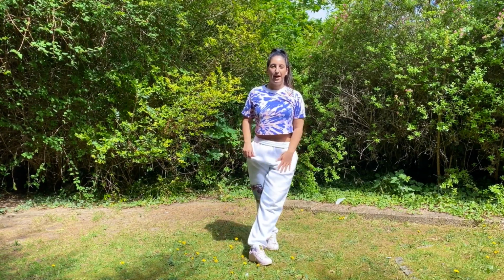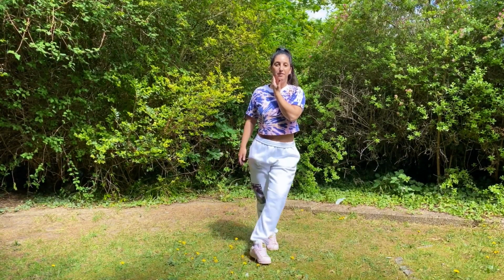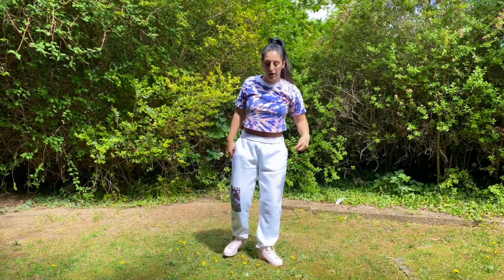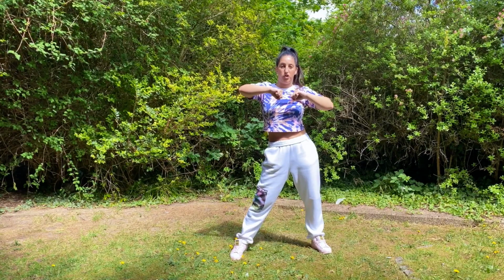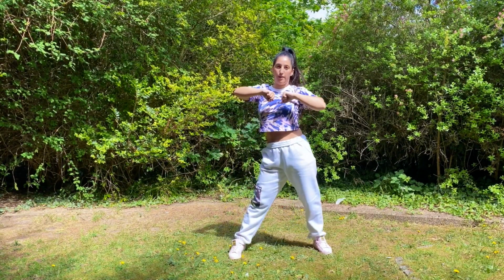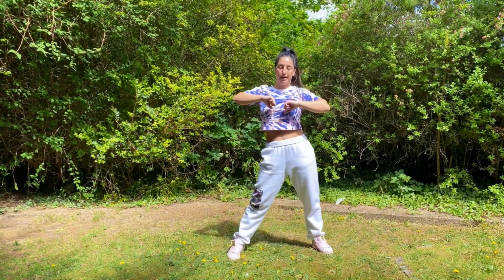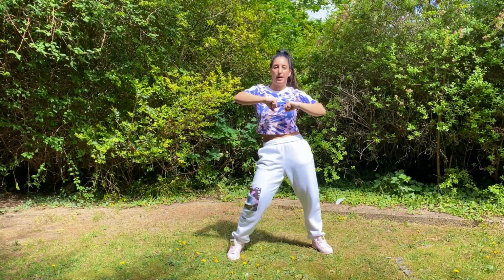But we're crossing that right leg over as we bring that right arm down. We're then going to step out on this left leg, and we're going to hit circle, so our hips are circling to the left, like so, and then we're going to do another circle to the left, but this time we're going to bend low, so that's up and down, and our arms are just in front of us in this loose position with our hands in a fist, so we're hitting circle